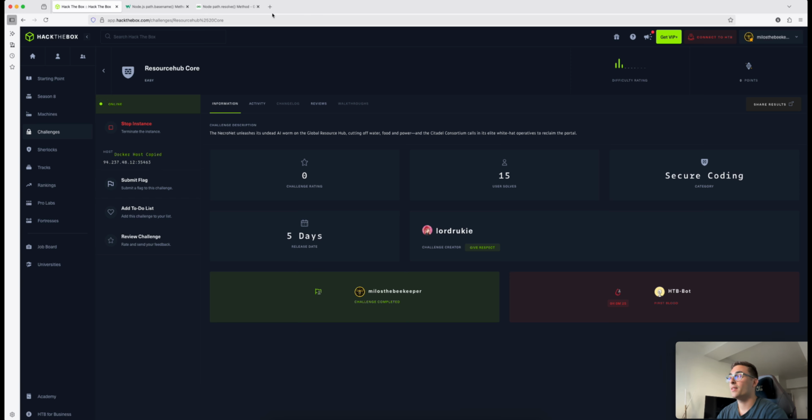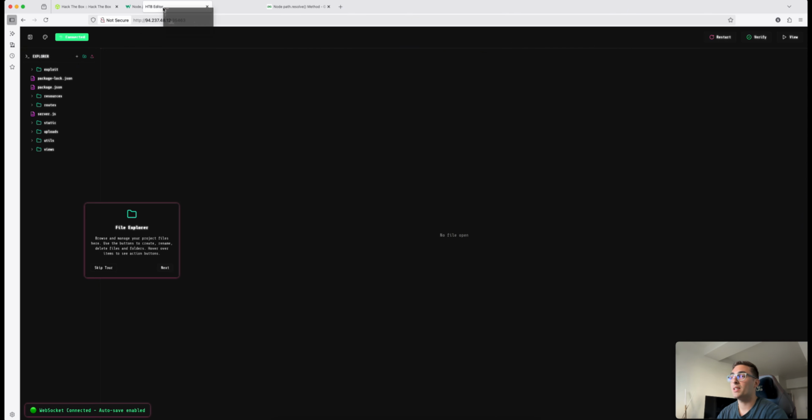By copying the instance and opening a new browser tab, we can see that we are provided with the HTB, or Hack The Box, editor, which seems like an IDE inside the browser. We also have a tour at the very beginning, which is very helpful to see what we are dealing with. So let's go ahead and do the tour together, and then we're going to do a deep dive into